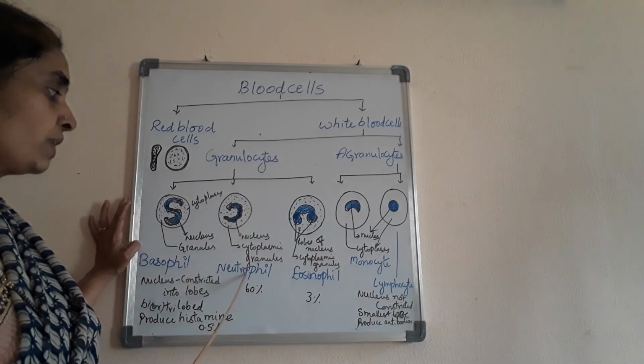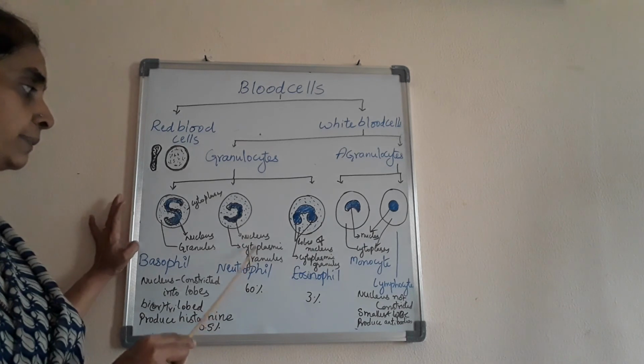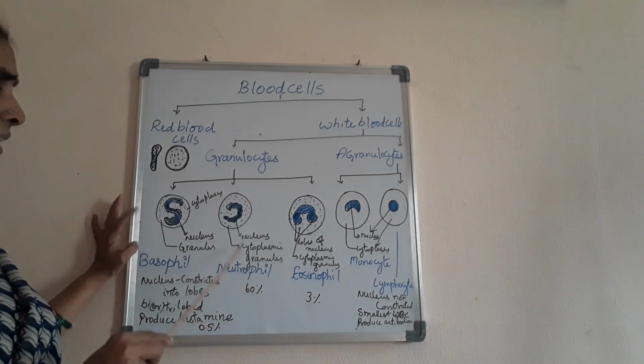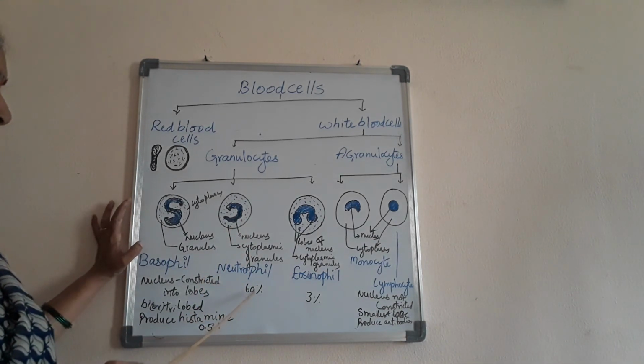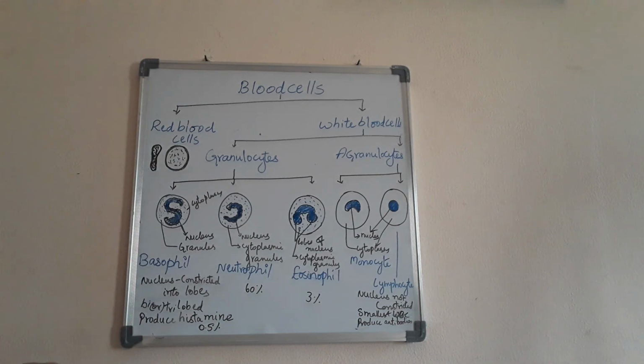Next, coming to the neutrophils, they contain the nucleus. They are about 60% in our human body. So neutrophils contain single lobes like